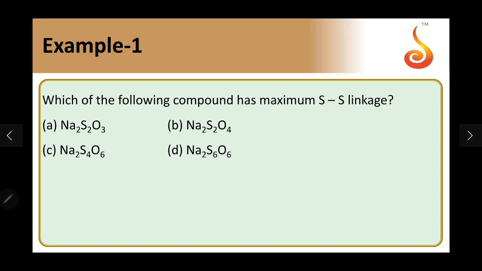The options are Na2S2O3 sodium thiosulfate, Na2S2O4, Na2S4O6 and Na2S6O6. So if you see the formula, the number of sulfur atoms is also going to be important to have S-S linkages. So the structures of the compound, if you take option D, that is